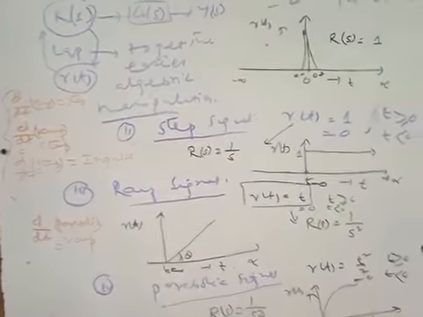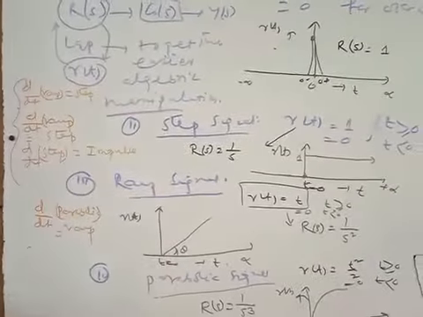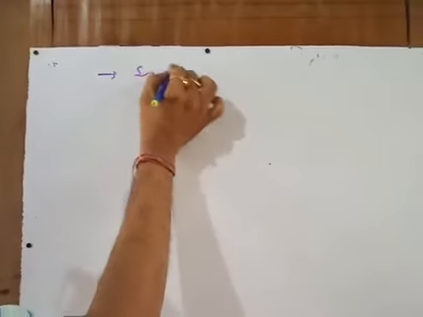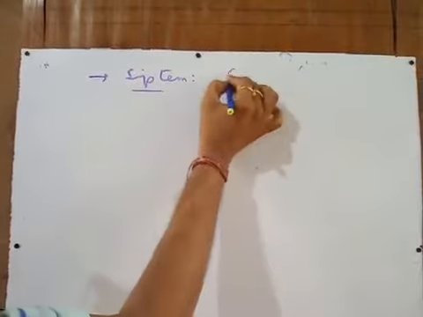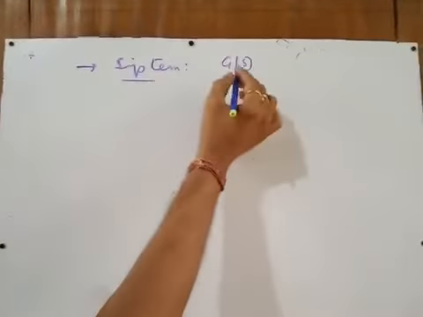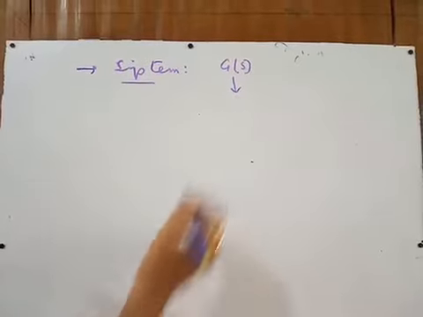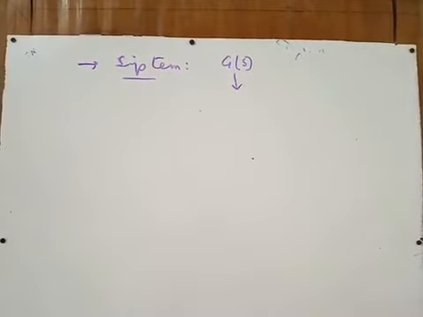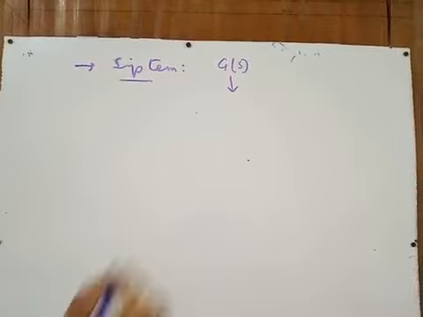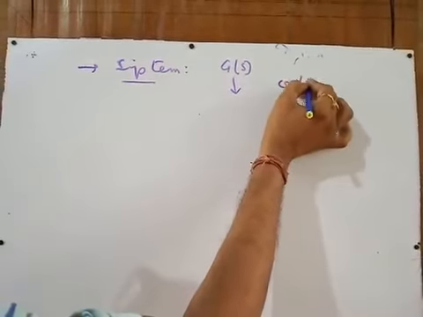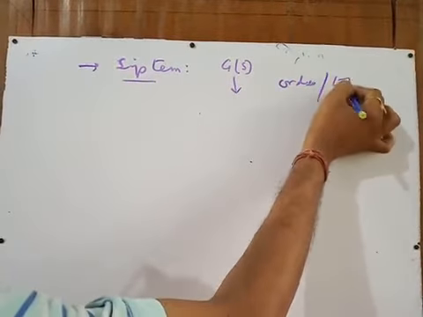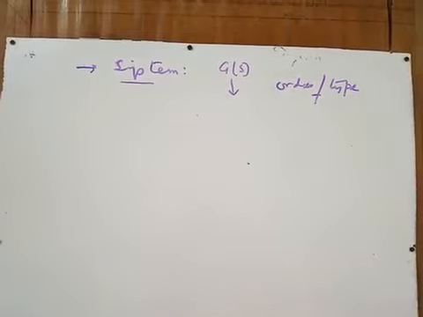Now the different types of system, now I am going to discuss system. The system is normally denoted by G(s), and you saw the properties of the system already in the first lectures. In the previous lectures we have discussed the order and type. The system is identified by its order and type. So what does it mean by order?